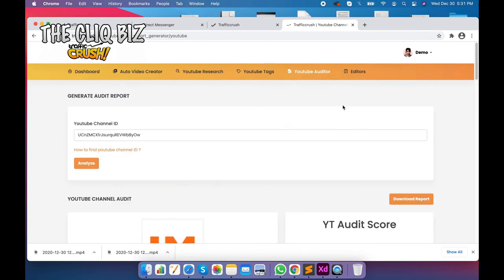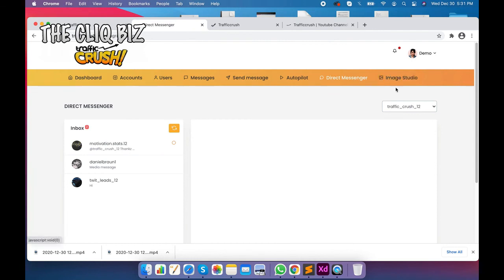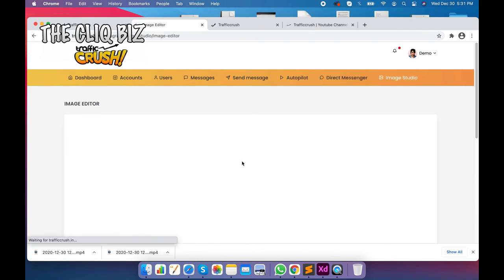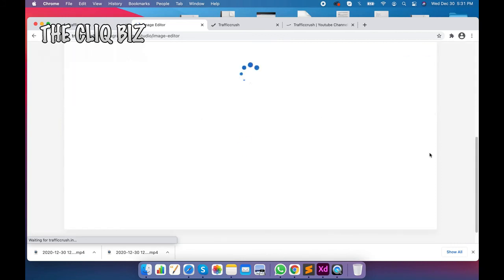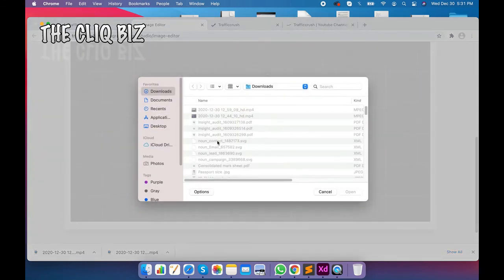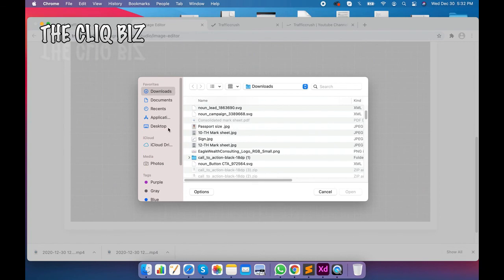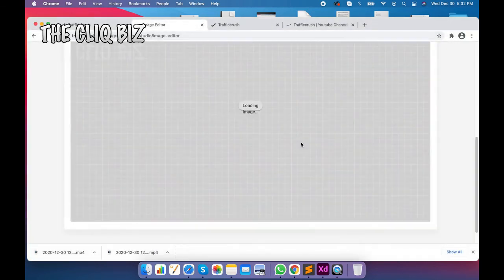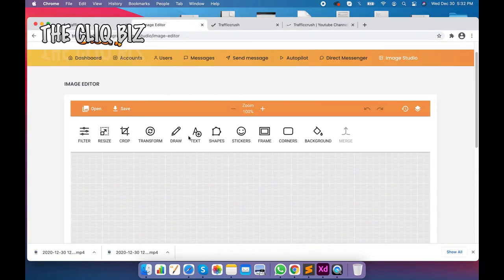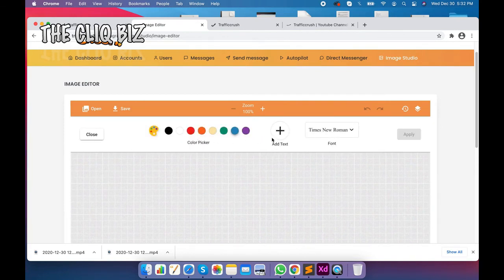Now the most common feature is Image Studio, where it has an image editor and image finder in our three applications, where the images can be edited by uploading them using our image editor. You can just upload any photo. For example, I'm uploading these images. I'm uploading these images and I can edit them using any text like an email or something. I can use the color picker or change the font, and I can save it as an image.